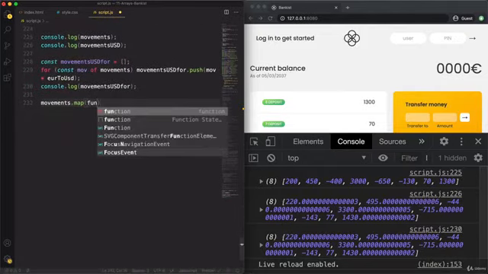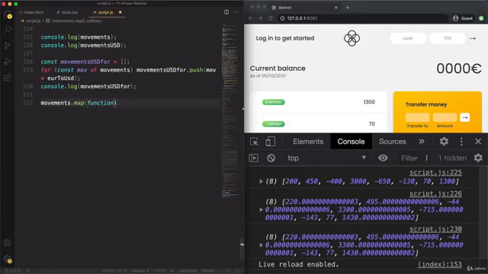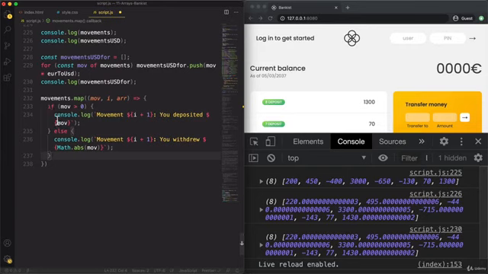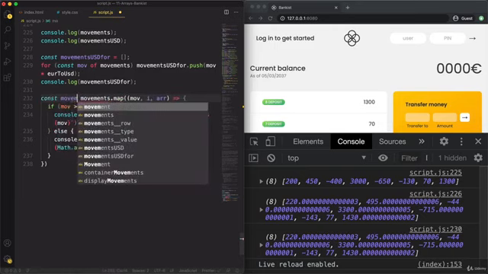So let's specify a callback function. And indeed, now I will actually use an arrow function. As I said, we get access to the current element, but also to the index and to the entire array. This time we do need a block, at least for now, and then here we have our logic. Now, in this case, we will not log something to the console. Instead, we want to return the string so that it then gets put into the new array that results from the map method. So let's say here, movements